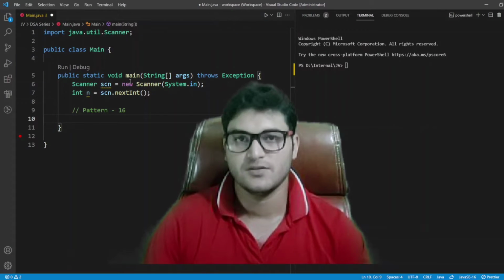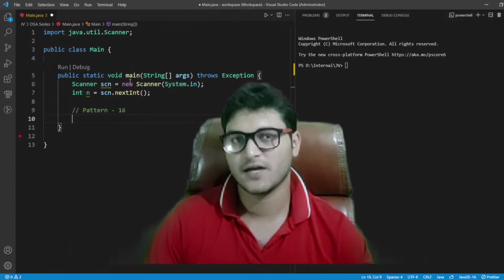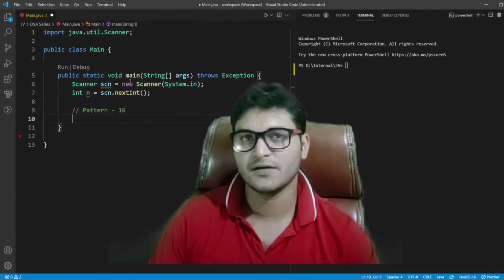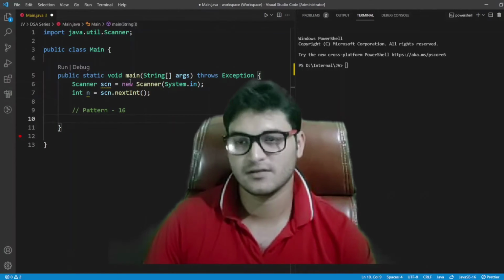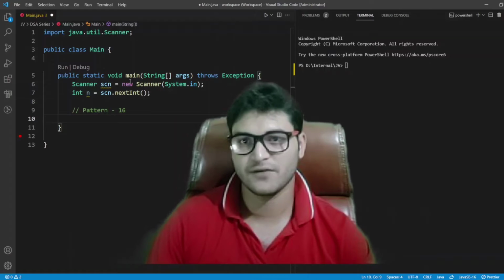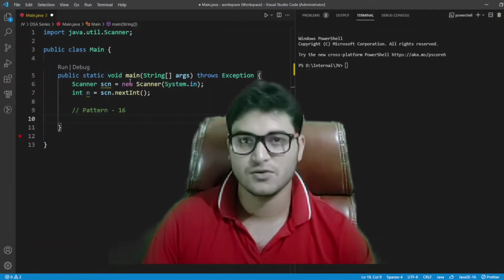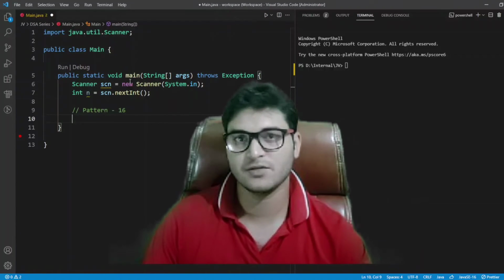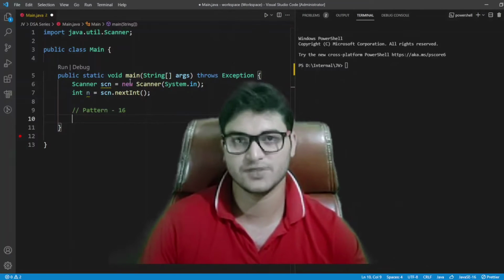All right, so this is going to be our lecture number 30, and in this particular lecture I would be discussing pattern 16. Till now we have already covered till pattern 15, so from now onwards I will be discussing the next patterns to the 15s, and they are a bit difficult also, that's why I'm mentioning here. So if you have missed any pattern prior to this current video, then I must recommend that you should watch those videos first.